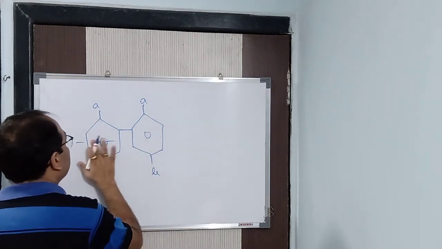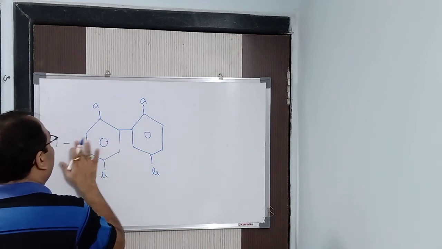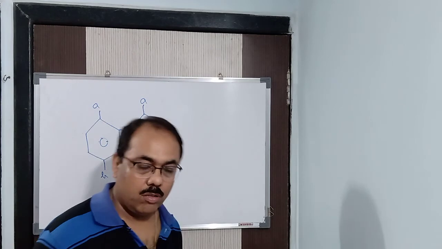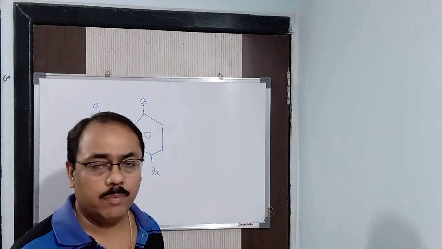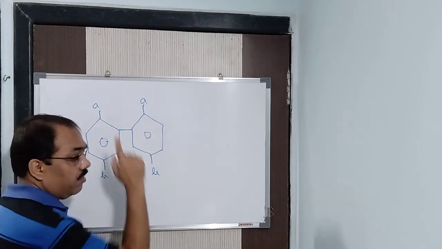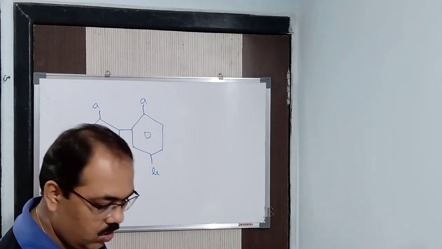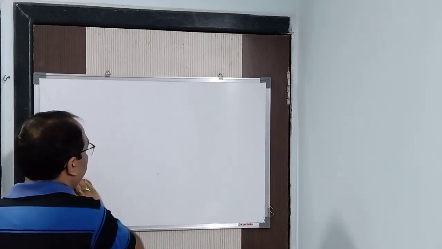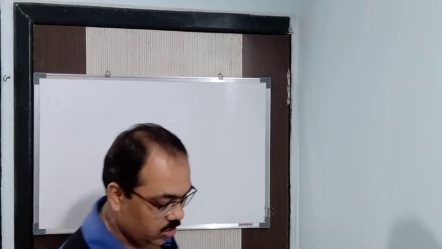Clear? So this is coming under what? Biphenyl. So everything I made clear, because you may ask me whether it is optically active or not. No, it is not optically active. It is coming under meso, because we have a plane of symmetry. You have seen it, I have drawn it and shown it to you. Alright, clear? So one homework I am giving you from here, you will do it and show it to me, the naming. Let me see how much you remember.